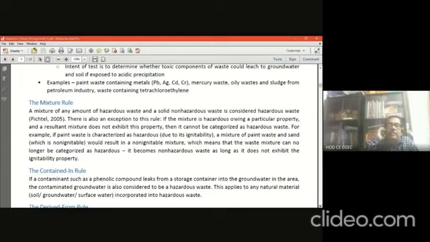The exception is if the mixture is hazardous, weighing a particular property, and the resultant mixture does not exhibit this property, then it cannot be categorized as hazardous waste. So the mixture has to exhibit the characteristics of hazardous waste, then only the mixture is called hazardous waste. For example, if paint waste is characterized as hazardous waste due to ignitability, a mixture of